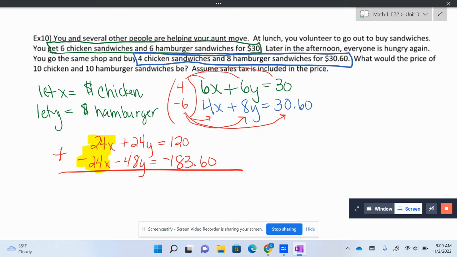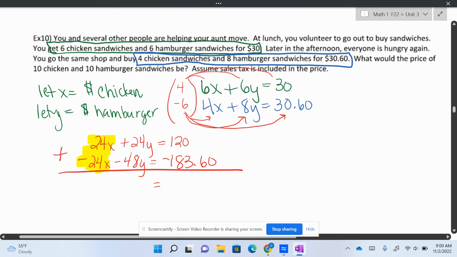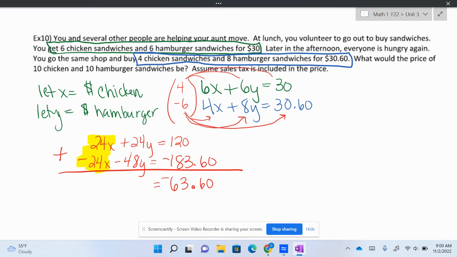So 120 and a negative 183.60 equals a negative 63.60. A positive 24 and a negative 48 equal a negative 24. So when I divide both sides by negative 24,